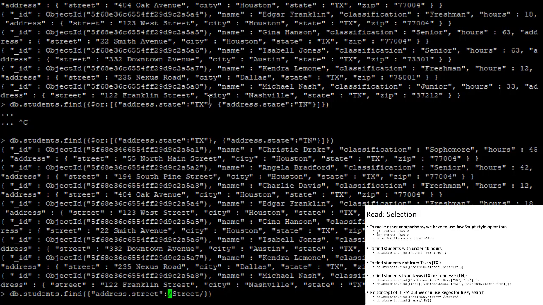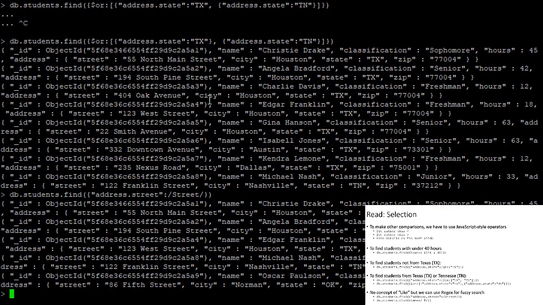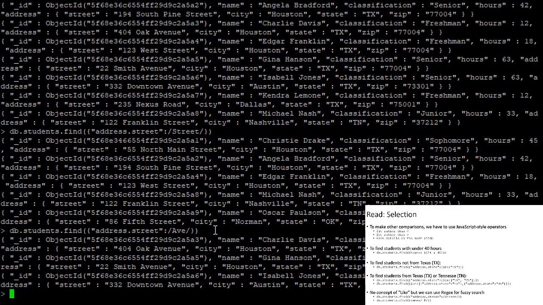slashes, and this is going to find us any documents that have a value for address.street that contains the string street. So this is going to give us people that aren't living on avenues and boulevards, only that live on something like North Main Street or South Pine Street or West Street. Right? If we did AVE for Avenue, we would find students who live on Oak Avenue or Smith Avenue or